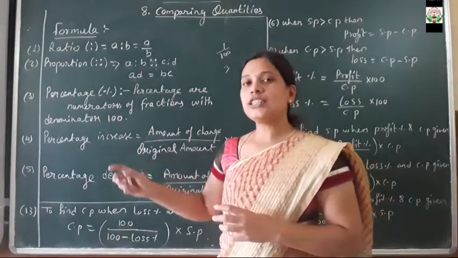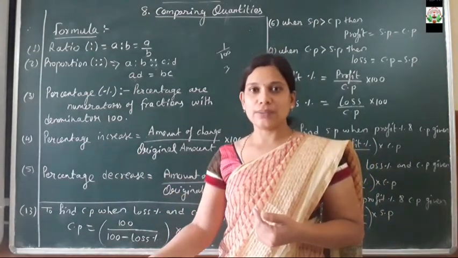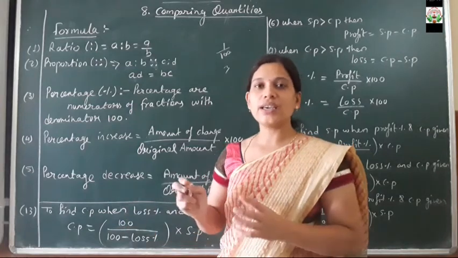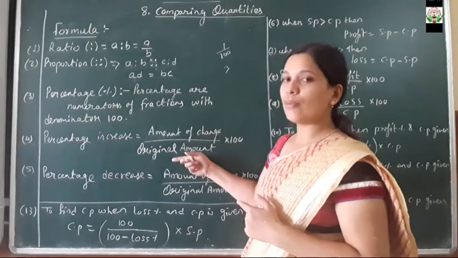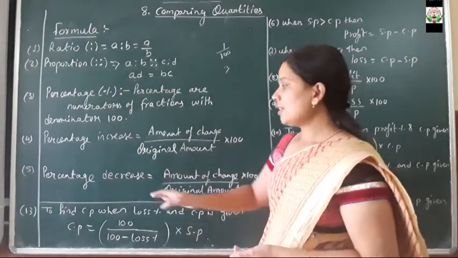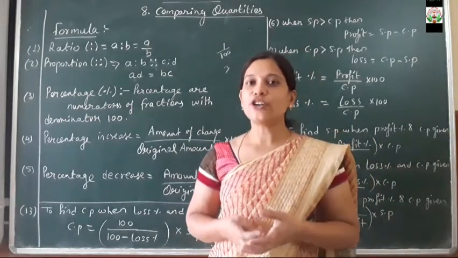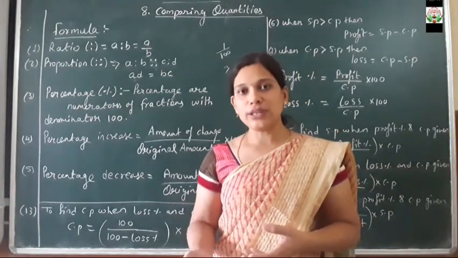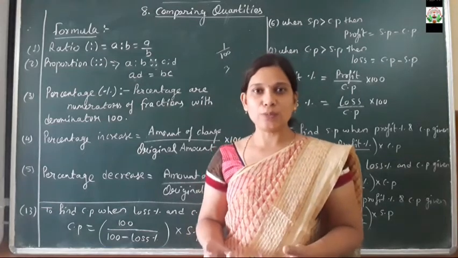मतलब परसेंट इंक्रीज में जो आज का रेट होता है वो इंक्रीज होता है कल के रेट में, ठीक है, उसको माइनस करके अमाउंट ऑफ चेंज निकालते हैं, वहाँ पुट करने के बाद ओरिजिनल अमाउंट इंटू 100 करेंगे. In the same way, percentage decrease: suppose today the rate of petrol is 500 and tomorrow it will decrease to 400. So 500 minus 400, that is 100 rupees is left, isn't it?